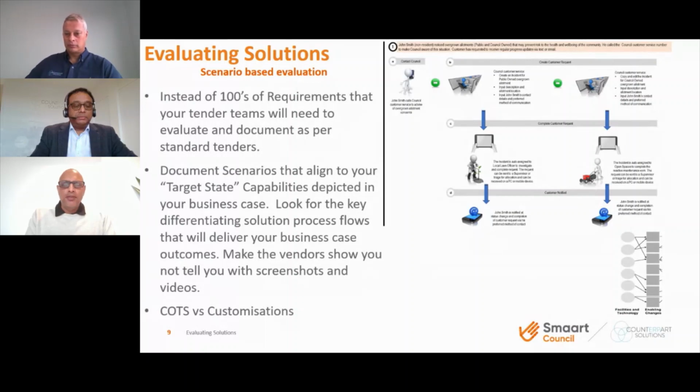Just to add to those comments, when you're evaluating solutions, make sure they are able to meet your current needs, but are also flexible to make changes, which will meet any future regulatory requirements or business needs that may arise as well. Look for applications that are configurable, as opposed to those that require customization. I suppose one of the main things here is that if you're doing a lot more customizations, it could have additional costs moving forward as well when there are upgrades and things like that, and that might need to take place. So configurable solutions will provide benefits such as being easier to manage